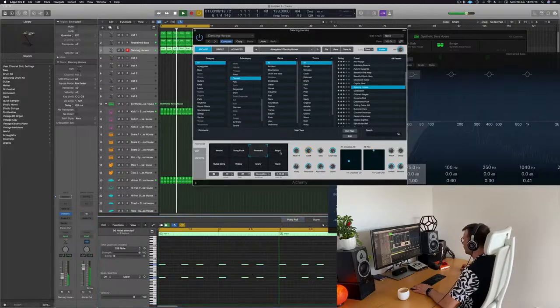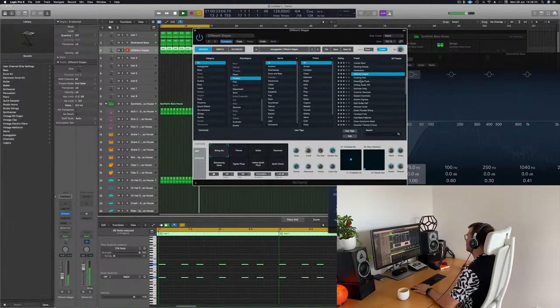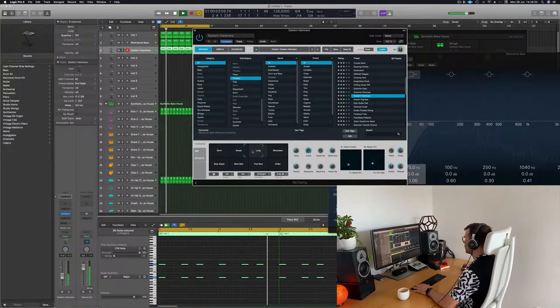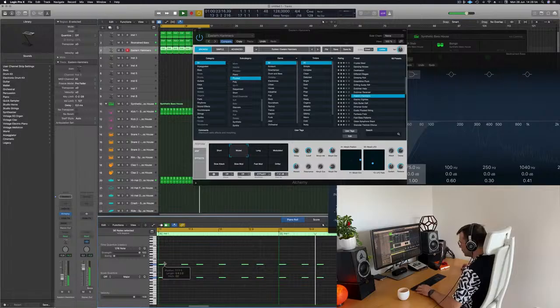I guess it's a harp. Like this. What if we would take this here, shorten it quite a lot, and then decide to